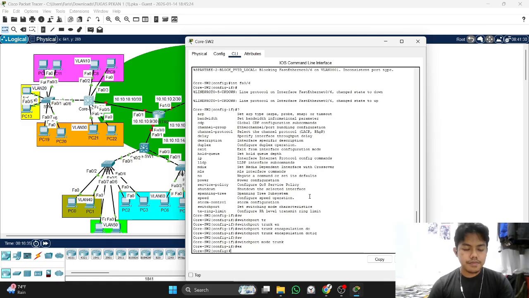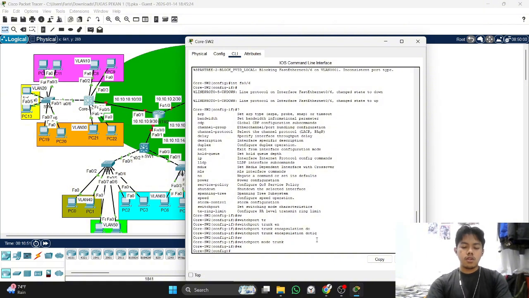And now we will configure the SVI. The SVI configuration is on the MLS, or we call it core switch 2.